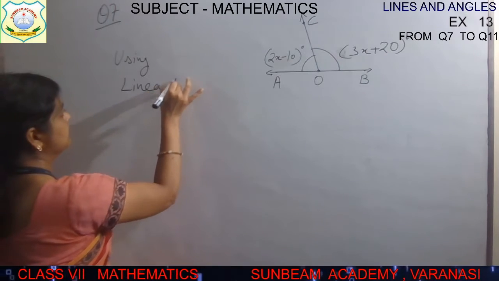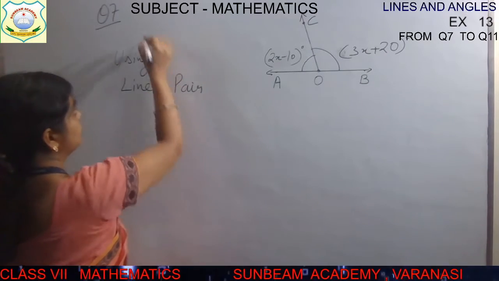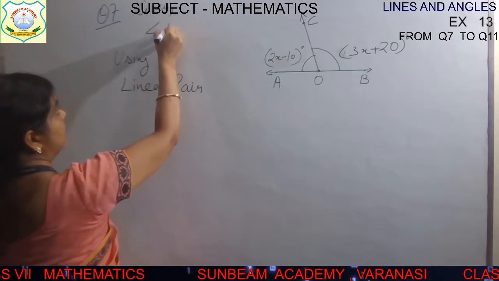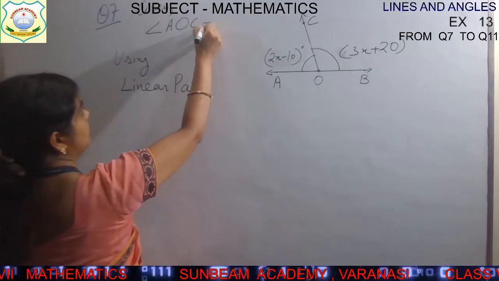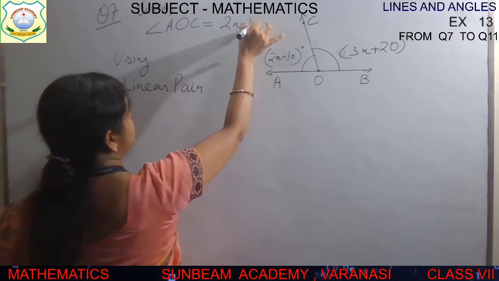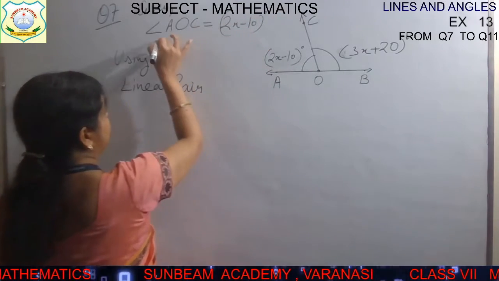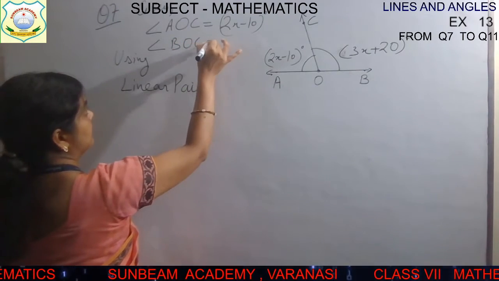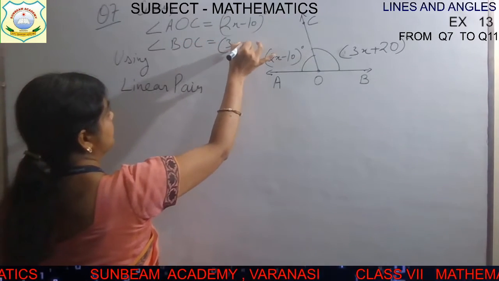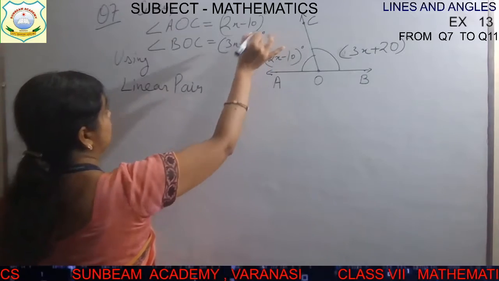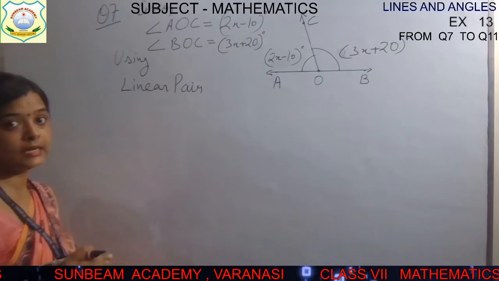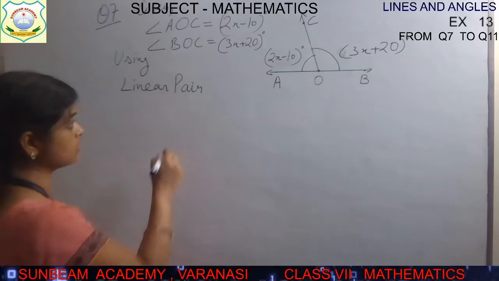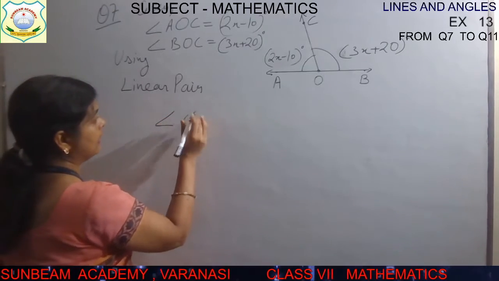linear pair. First of all, you will write the given things, children. What are the given things? Given things are angle AOC is 2x minus 10 degree and angle BOC is 3x plus 20 degree. First of all, you write this. Now you will write using linear pair. Using linear pair, what we will use? That angle